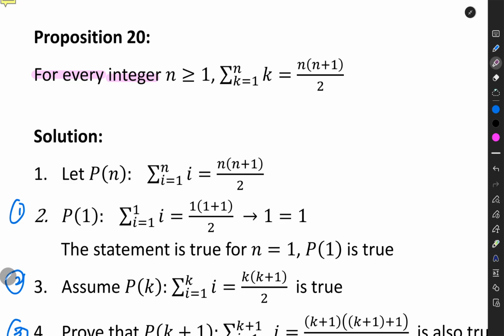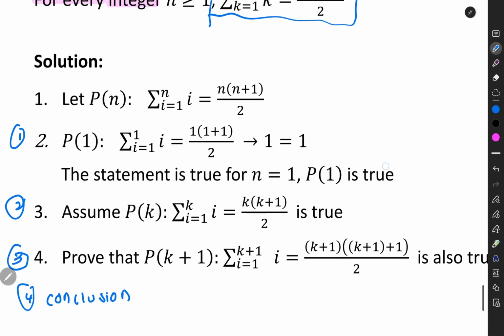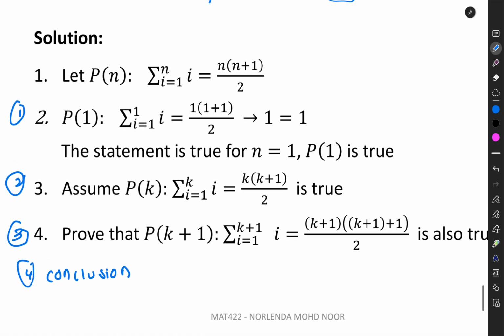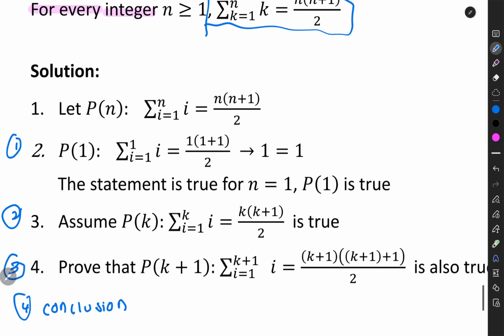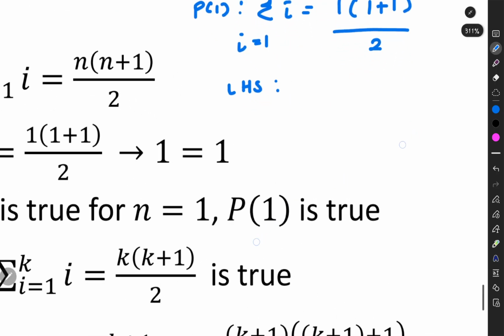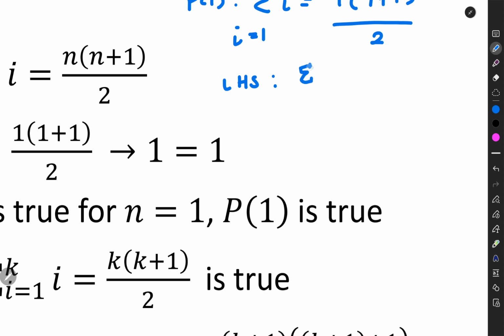prove your statement for the first integer, which in this case is 1. Okay. So you look at the, you boleh buat macam ni juga, this is your statement P, right? So kalau P of 1 is basically the summations of I from 1 to 1 and then equal to 1 times 1 plus 1 over 2. So you can do left hand side, which is summations of I from 1 to 1, therefore this is 1, and then you punya right hand side pula adalah 1 plus 1